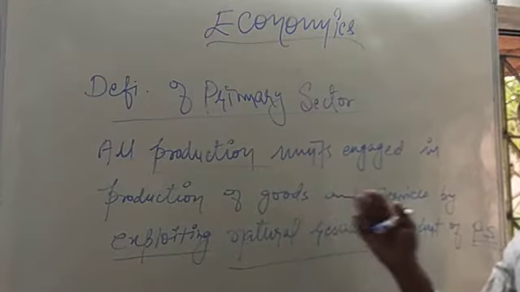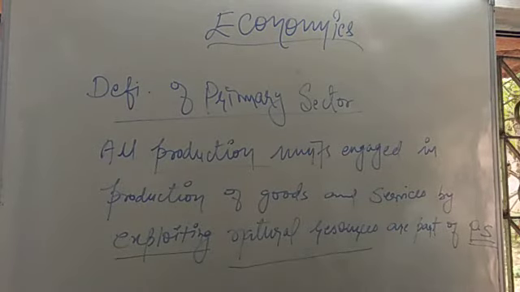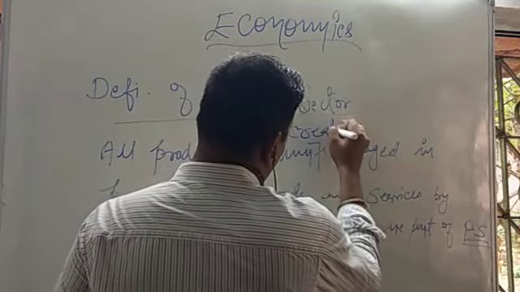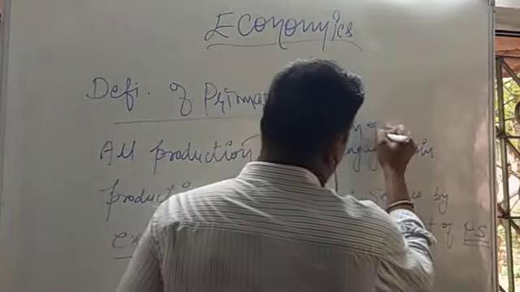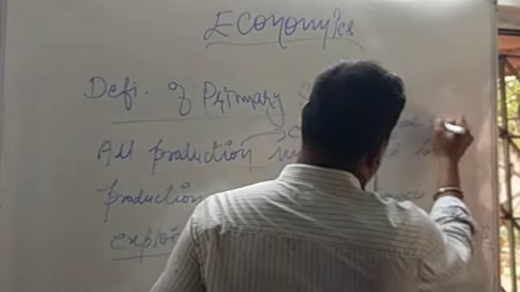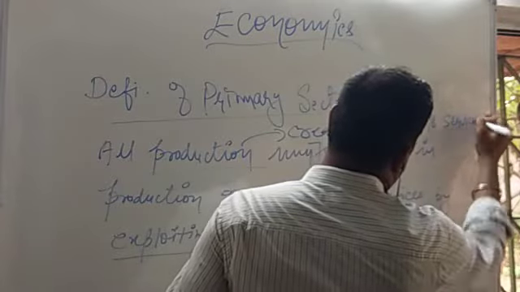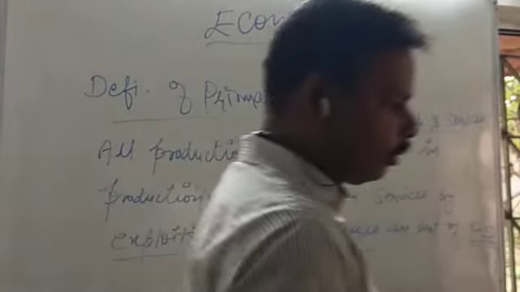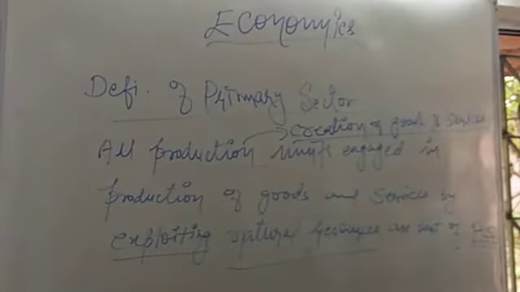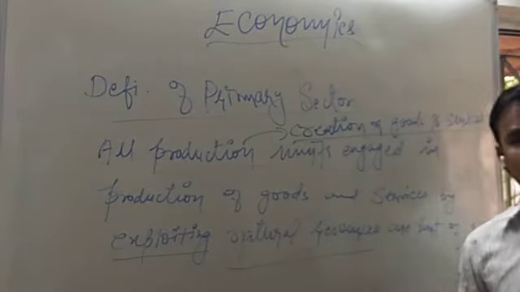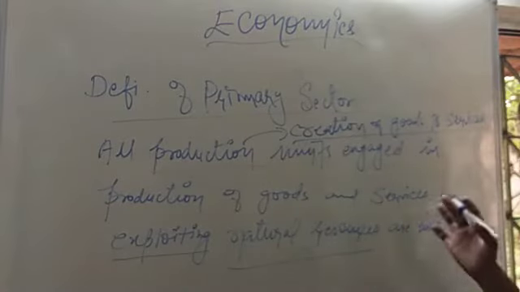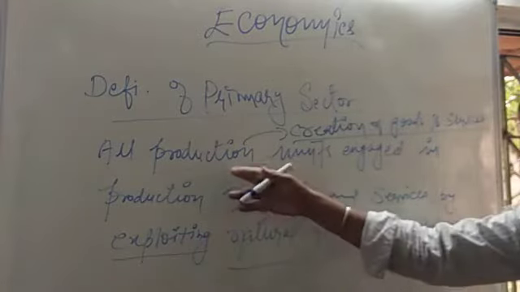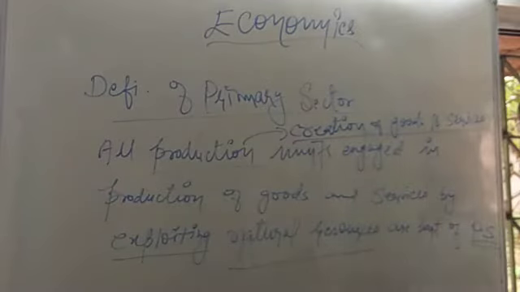So, production means creation of goods and services. I'm just writing it over here for a better understanding of the definition. Whenever you create something, whenever you manufacture something, that means you are engaged in the production line. A production line involves different sorts of goods being produced on a simultaneous basis. So production means creation of goods and services.